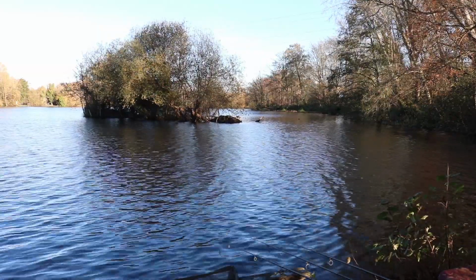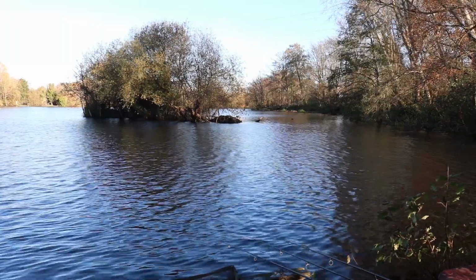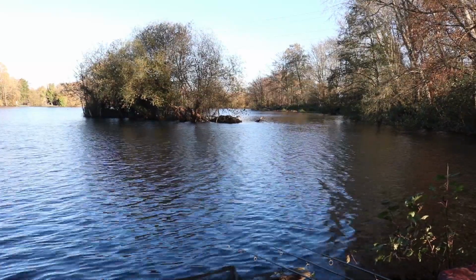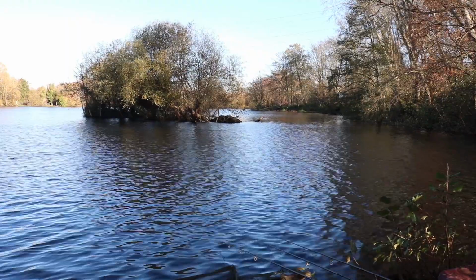It's a very large lake here, guys, and unfortunately for me, I'm right in a corner peg. Now, I don't feel too bad because no one else seems to have had anything out either. I've got the bailiff next to me, obviously he's very experienced here. So the fact that no one else is catching doesn't make me feel terrible, to be fair,